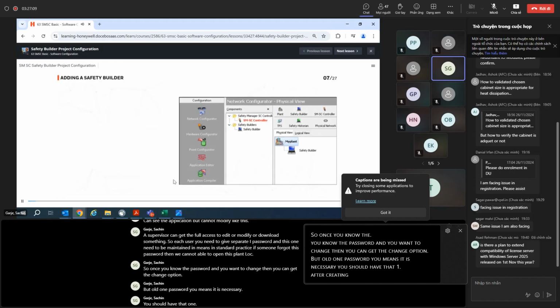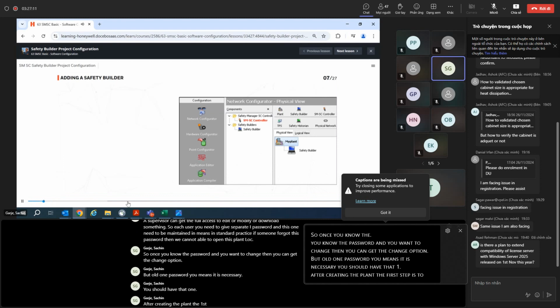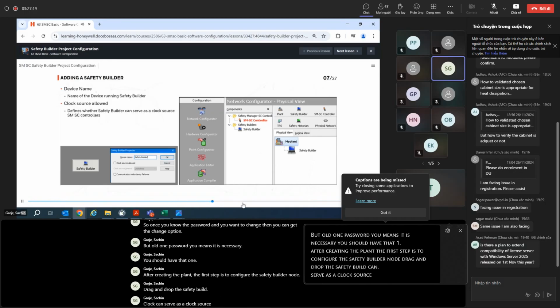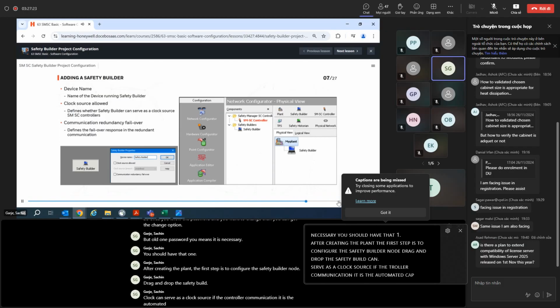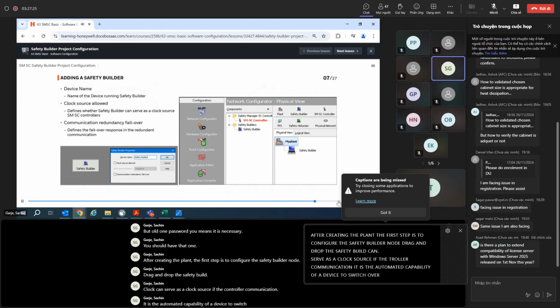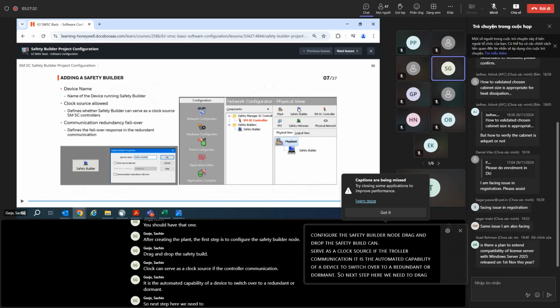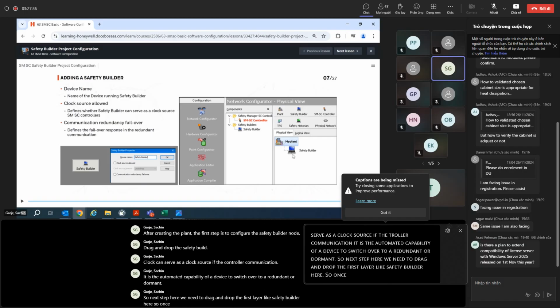After creating the plant, the first step is to configure the safety builder node. Drag and drop the safety builder. The clock can serve as a clock source. If the controller communication fails, it is the automated capability of a device to switch over to a redundant or dormant one. So next, we need to drag and drop the first layer, the safety builder, here. Once we drop it here,